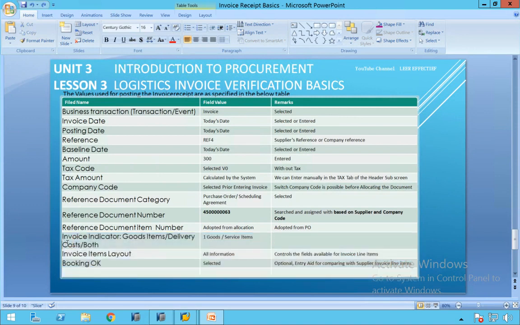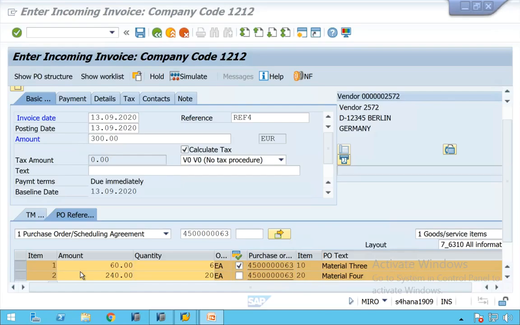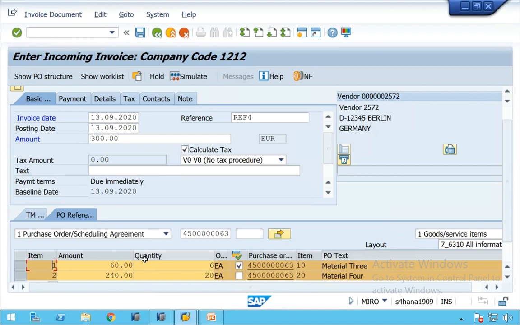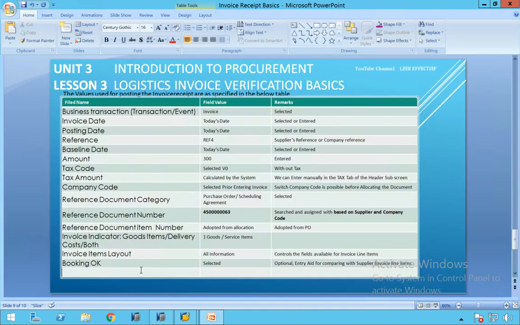I'll copy it. I'll write here quantity x. Not a problem. So we'll take the invoice quantity. It is defaulted.